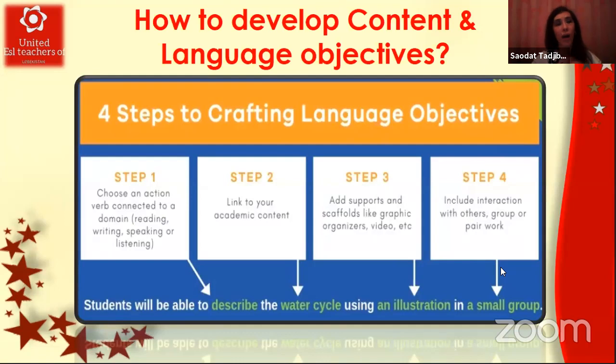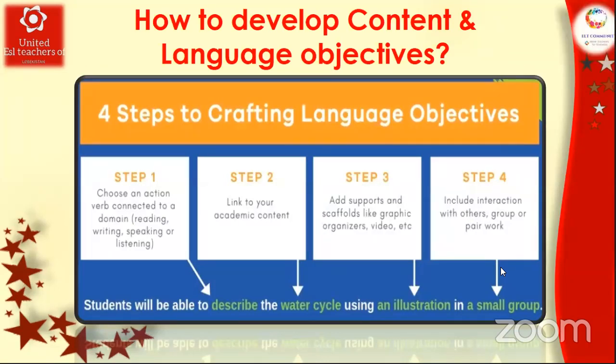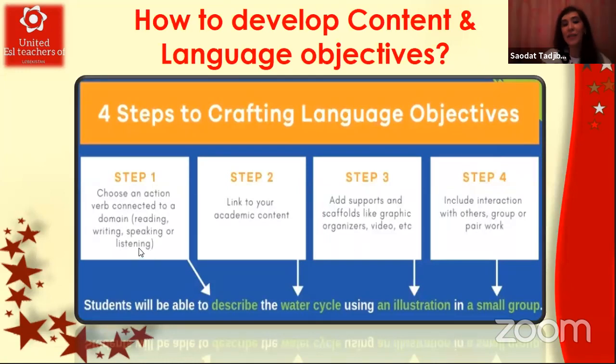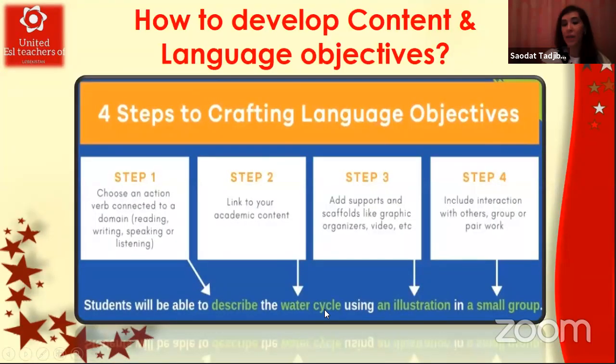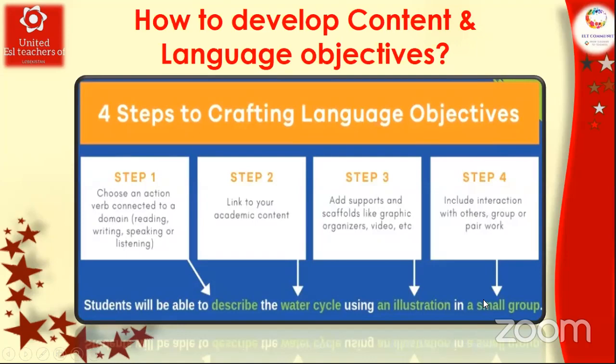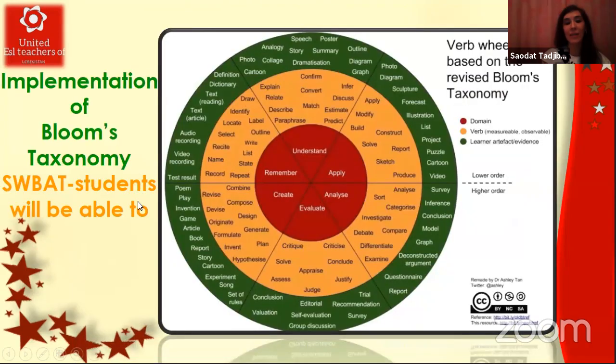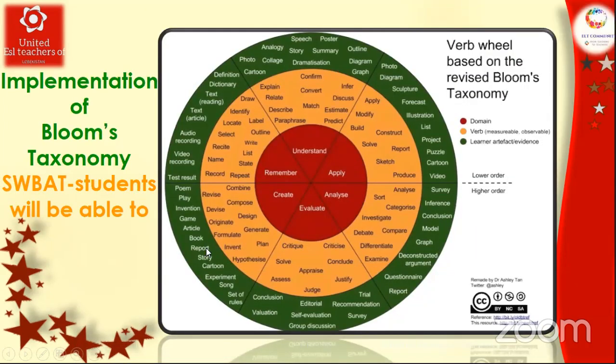Okay. Now, Maftuna, you will be the last person to practice. Imagine you are having a lesson about reading books. Now, you know the steps, right? First one, you should choose the verb from Bloom's taxonomy. Then you should include the topic. Then what kind of activity you are implementing here, and then the type of interaction. And you will begin with students will be able to